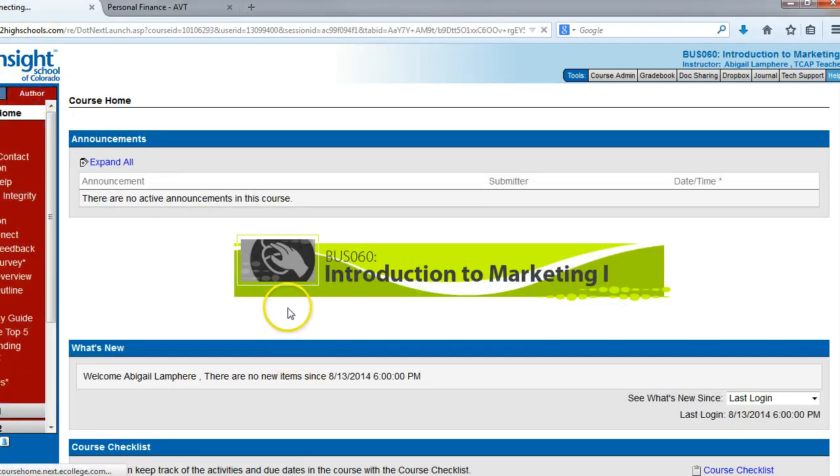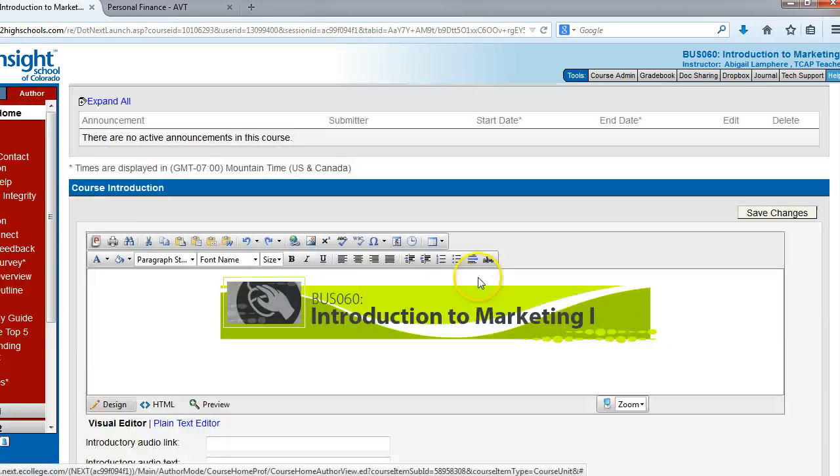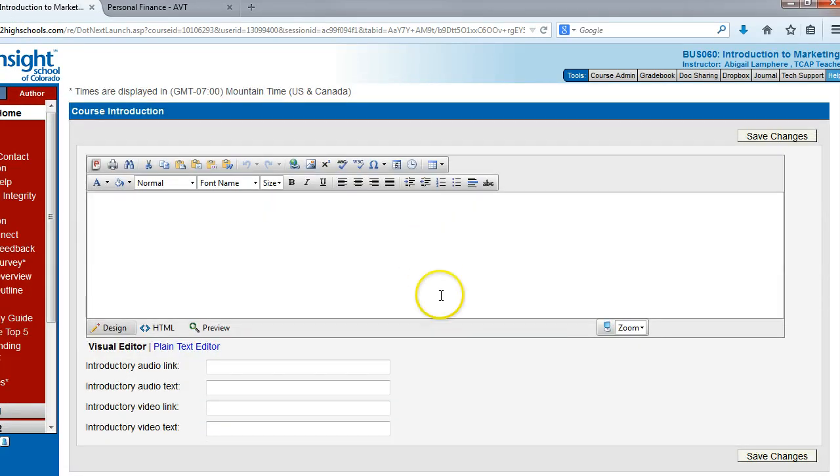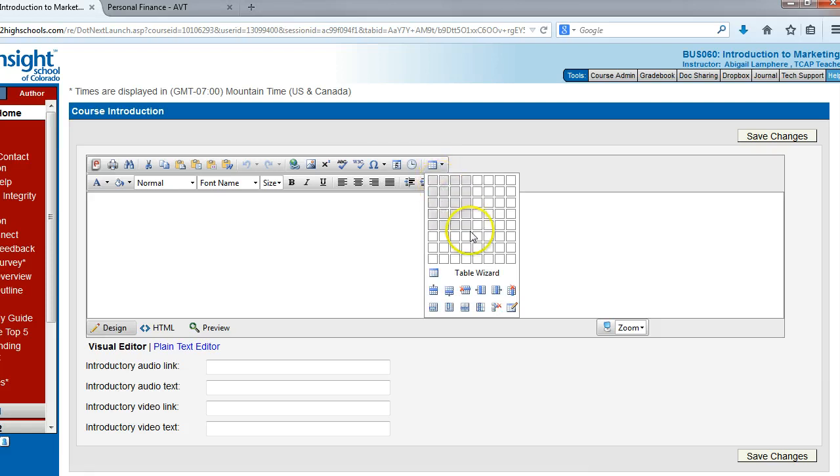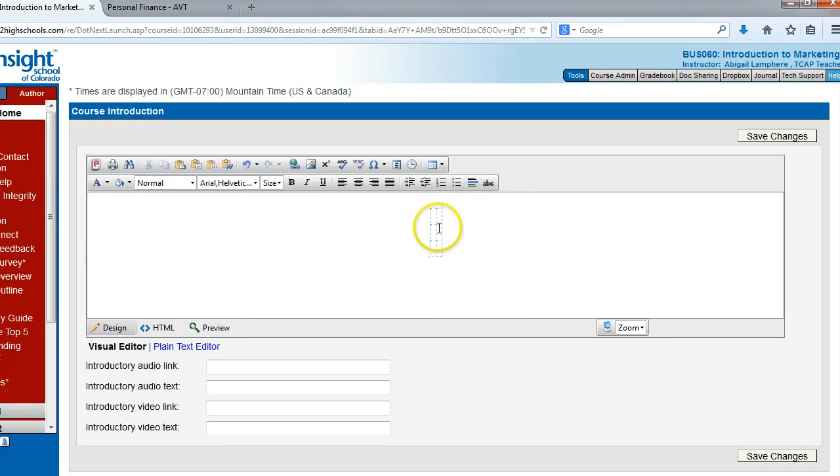So in author mode, mine came with this little image, but I'm going to delete that. And this is your table icon up here, and you can drag to how many cells you want your table to have. For mine, I like to do the title in the first row, the weekly calendar and the instant message box in the second row, and then the class picture in the third row. So I make this little 3x2 table, and then